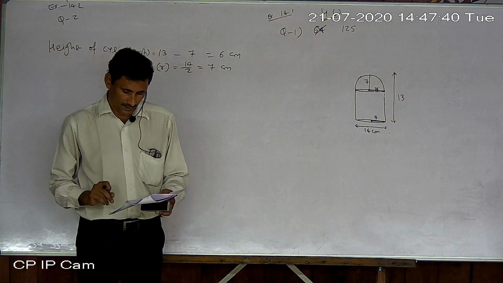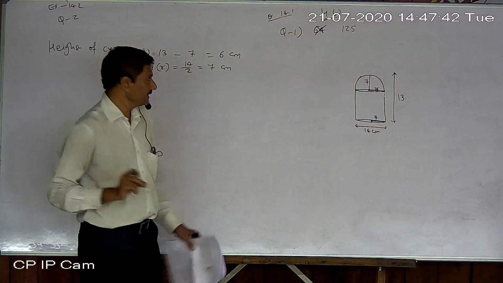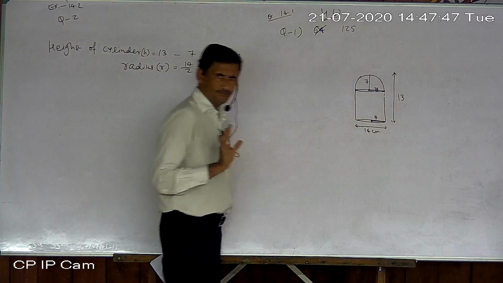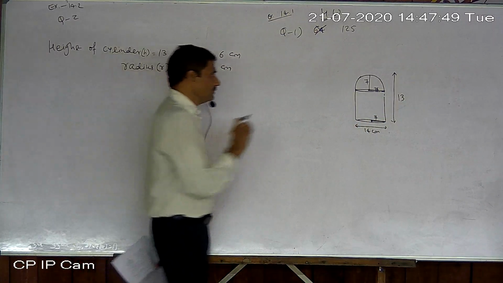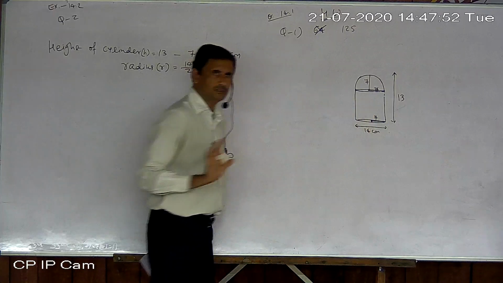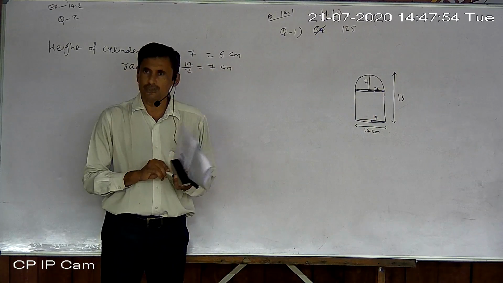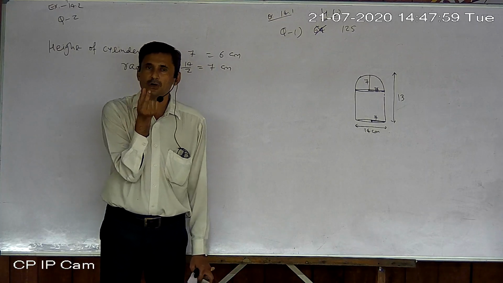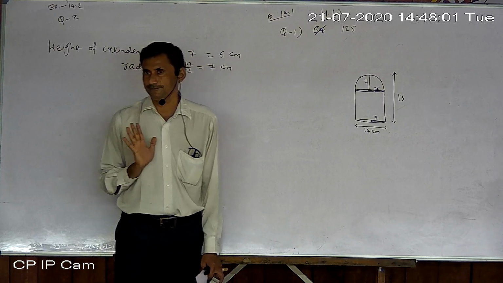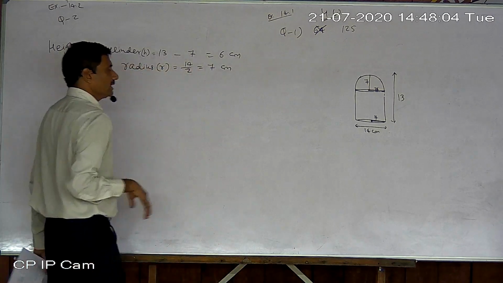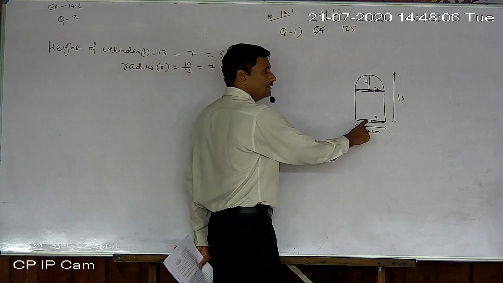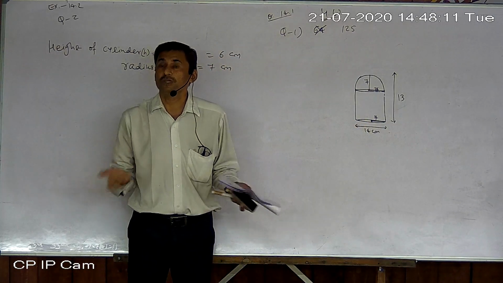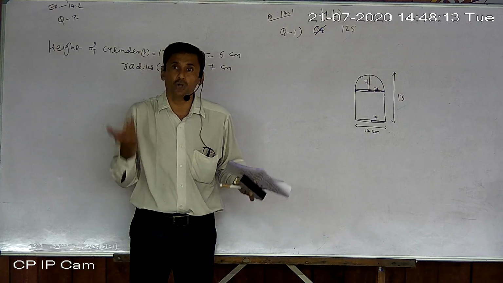Now just find whatever is asked. What is that? The inner surface area of the vessel. Inner surface area means, you know, here inner or outer both will be the same only. Why? Because no thickness of the material is given. So mostly the inner surface area and outer surface area are equal in all cases, except when the thickness of the material is given. Now you may be confused about what to do here. Is the bottom packed or is the bottom open? So do we have to include the bottom's area or not?